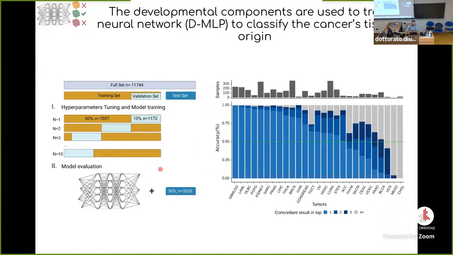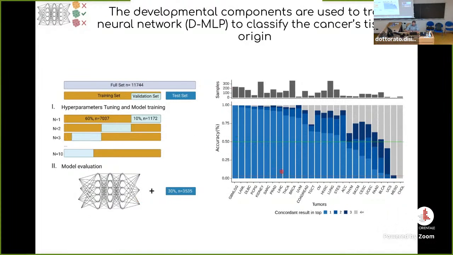I then took 30% of those samples and I left them outside. And on the remaining 70%, I performed 10-fold cross-validation in which the training set and the validation set were defined. And the validation set was used basically to optimize and redefine the weight distribution at every step in order to optimize the algorithms for the specific classification purpose. And then lastly, I used this left-out portion of the cohort to validate the performance of the